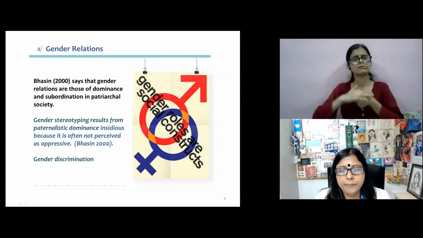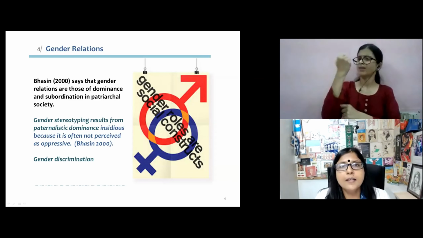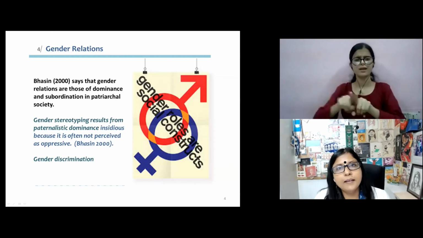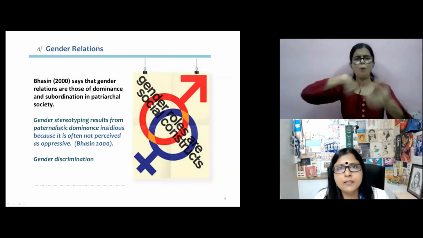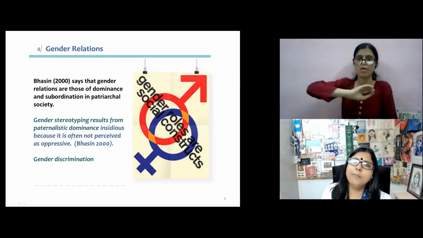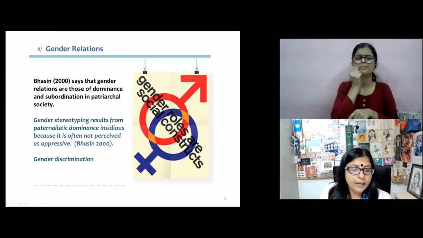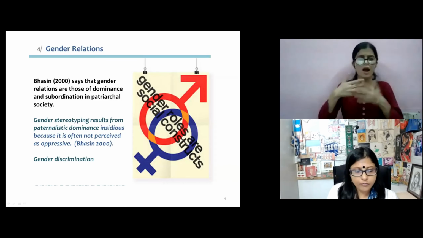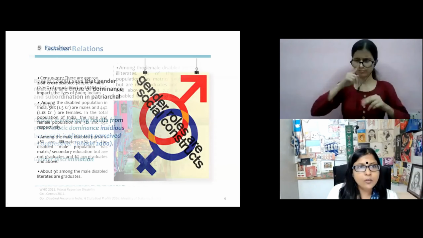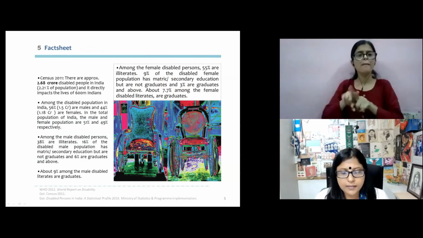So, male bias prevails throughout the subcontinent, and in the worst scenario, manifests in the form of son preference, female infanticide, and female feticide. And this has deep consequences on the way men and women are perceived and on the opportunities available to women. So, if we just take a look at this particular slide to see how gender discrimination works,